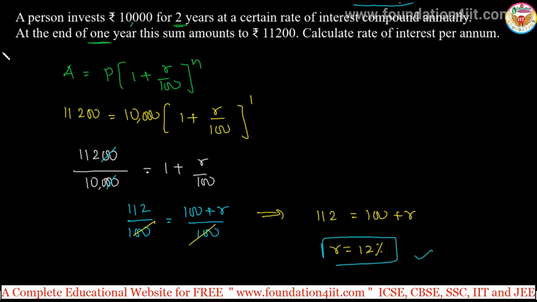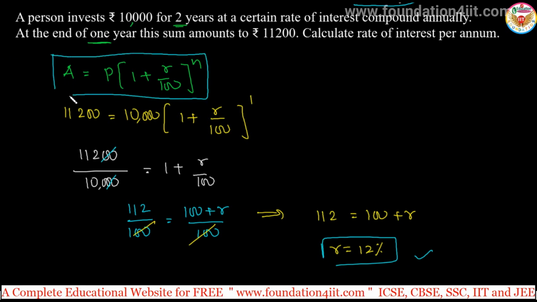Whatever it is, you can apply the same formula throughout the problems. Even to find the rate of interest, you apply the same. And in case the power is there, then handle that power like in the previous problem, or else you can directly cancel. These are the problems about the rate of interest, to calculate in compound interest. Even to calculate the number of years or time related sums also, we'll see now.